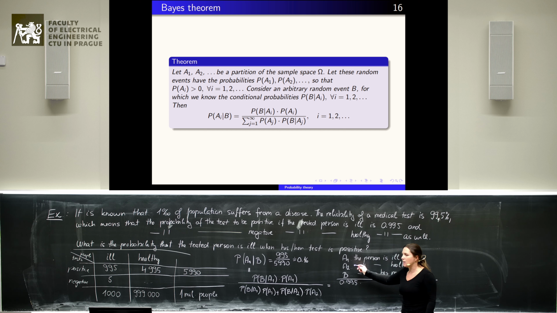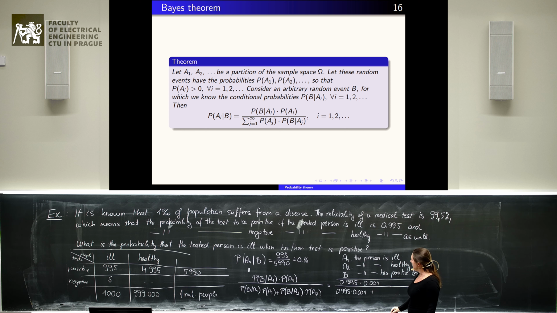What is the probability that a randomly chosen person is ill, or the person we chose is ill? So it is 0.001, 1 per mille, over 0.995 times 0.001